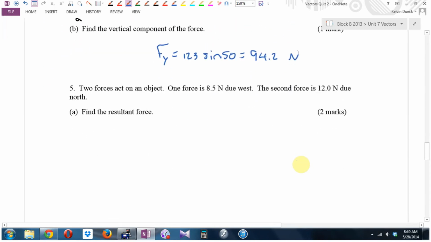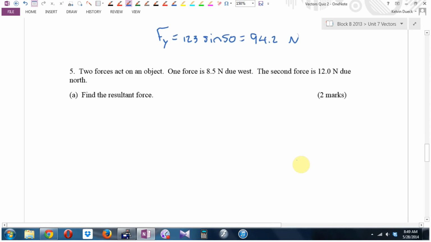Number 5, two forces act on an object. One force is 85 newtons due west. I've scrolled down. I better draw a compass rose, especially after the last question where I started going east. Okay, so it's going to be west. Carly, I got that one right this time. Woohoo! North. Okay, so the resultant force is going to be